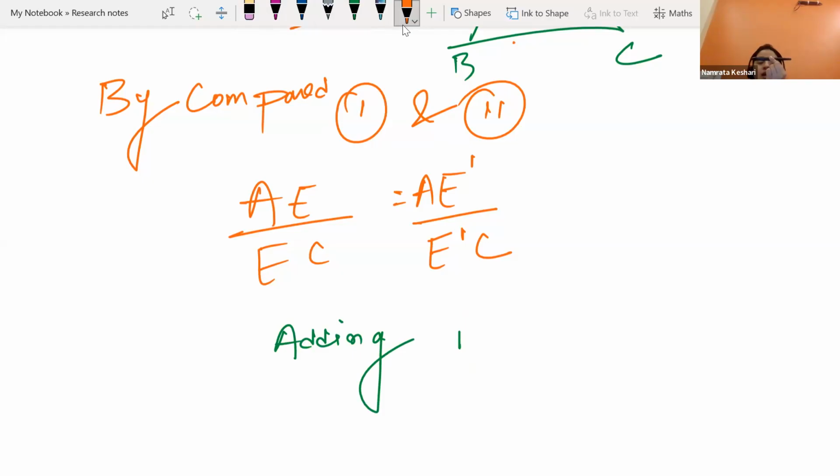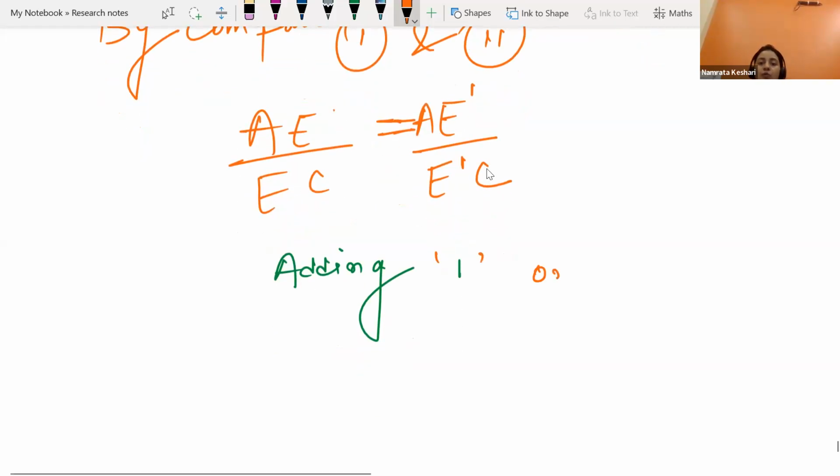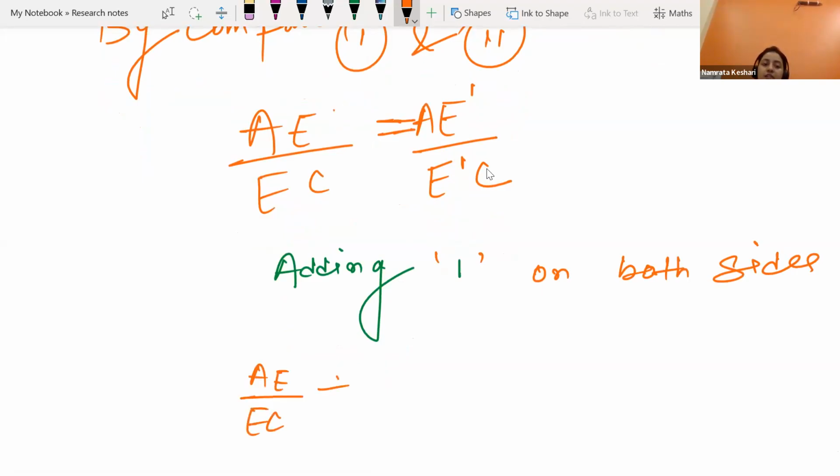Okay, if you are having a seesaw, it is in equilibrium, here 50 kg, there 50 kg, if you are adding 2 kg on both the side, still it will be in equilibrium. इक्वेशन भी कुछ ऐसा ही होता है, अब हमारे पास दो साइड्स है, लेफ्ट हैंड साइड एंड राइट हैंड साइड, दोनों आपस में इक्वल है। तो अगर हम वन लेफ्ट हैंड साइड में ऐड कर दे और वन राइट हैंड साइड में ऐड कर दे, तो हमारे इक्वेशन के इक्विलिब्रियम पे कोई भी फर्क नहीं पड़ेगा। ओके, इट इज कंप्लीटली अलाउड। सो एडिंग वन ऑन बोथ साइड। नाउ क्यों हम वन ऐड कर रहे हैं, अभी मैं दिखाऊंगी क्यों ऐड कर रहे हैं। ओके, ए ई बाई ई सी प्लस वन इज इक्वल्स टू ए ई डैश बाई ई डैश सी।